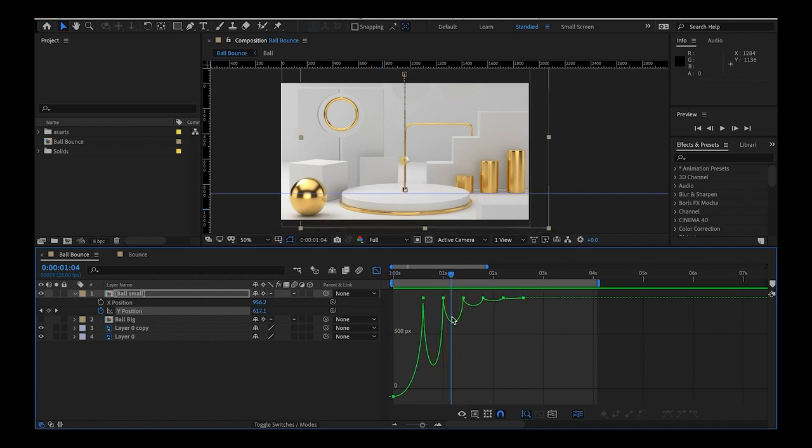This curve here is too different from this one here. I want to modify it and give it a higher peak here so that it's similar to this one, and just want to make sure it doesn't look so heavy